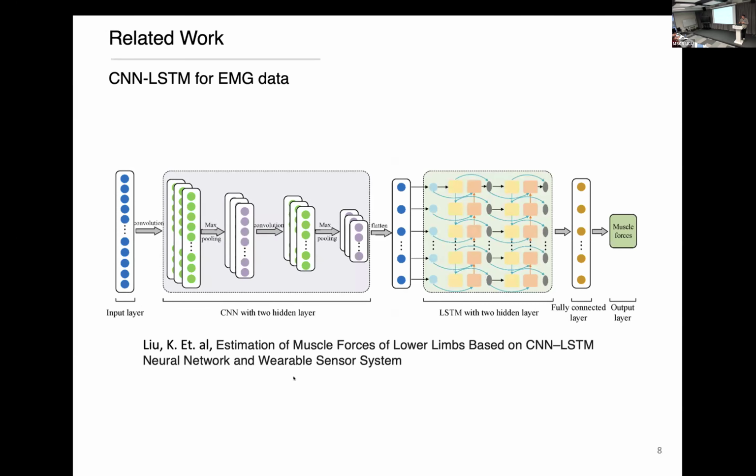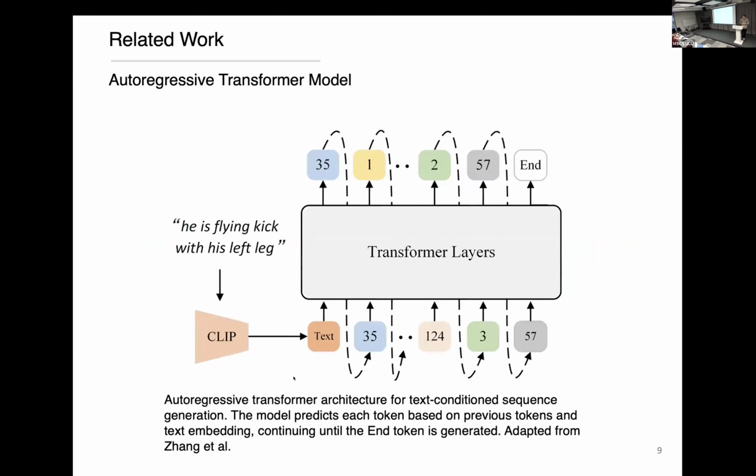Here is what about related work. We currently have LSTMs and CNN-LSTMs that try to estimate muscle activations from EMG data. But EMG data is noisy. It's noisy because these sensors do not obtain clear activations. When you place the sensor somewhere on your muscles, there are also muscles around it that contract with it and create noise. Also, there